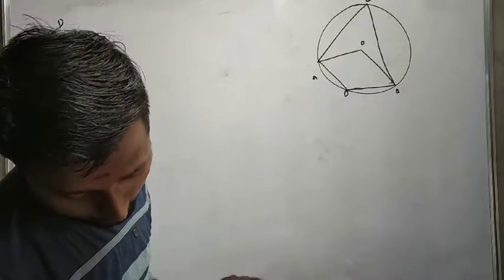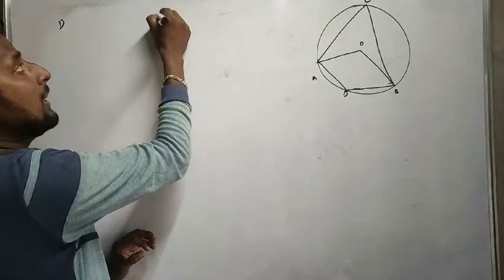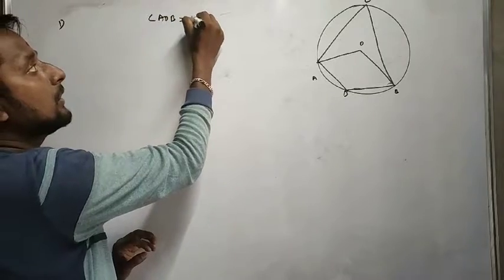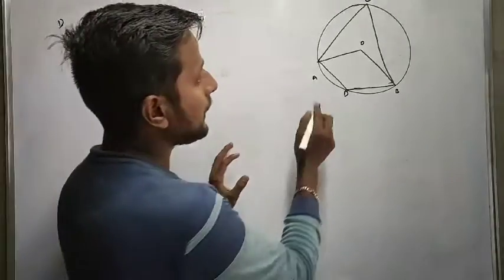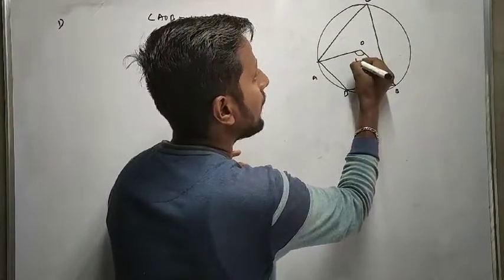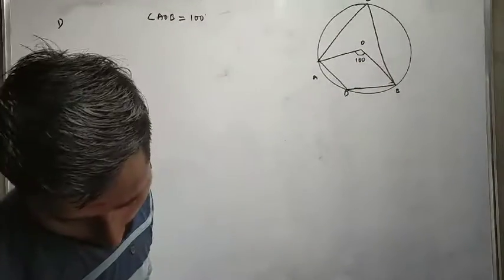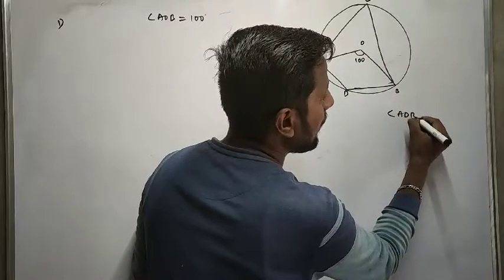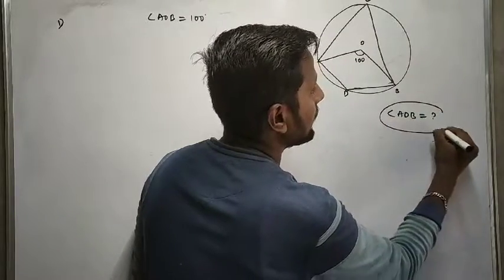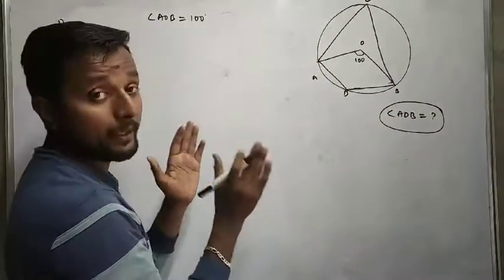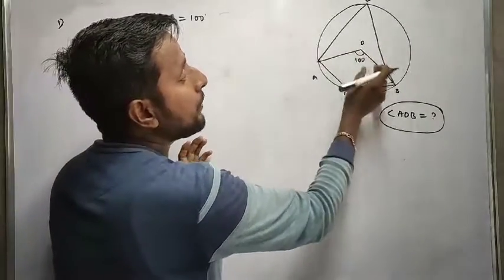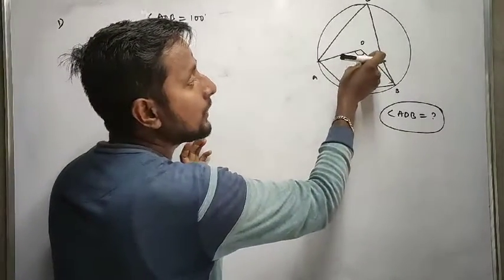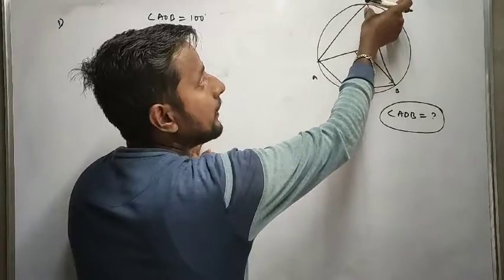So the given information is only one thing: angle AOB at the center is 100 degrees. Look at where AOB is. Yes, here angle AOB is 100 degrees, right? Now it is asking us to find angle ADB. I said many times, here the angle AOB opened downwards. So this angle has a relation with this one, correct?